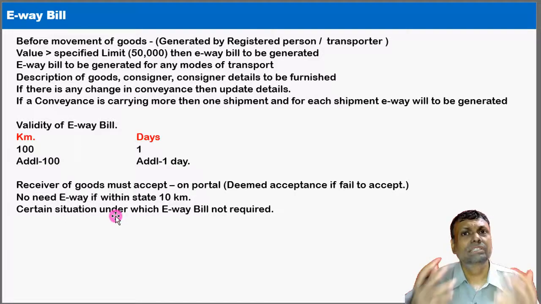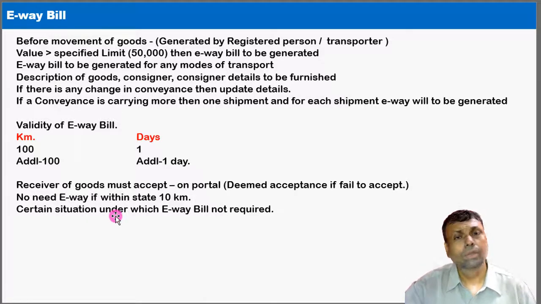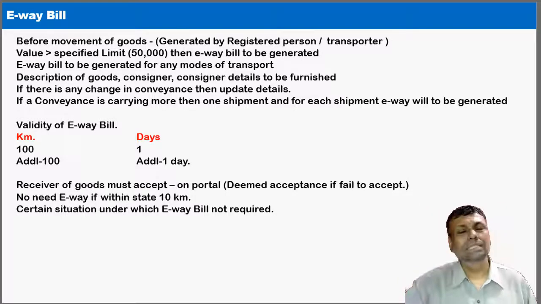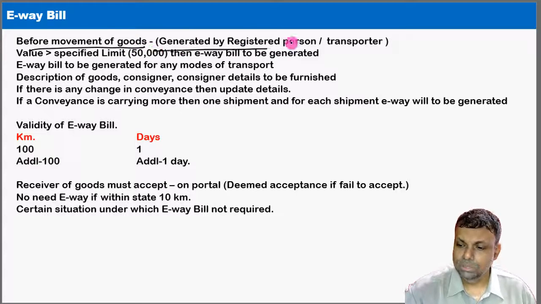However, we as Indians have also thought about it, but the actual implementation will take a little time on that front. But the law has already made all these provisions. Now, the e-way bill, basically the transporter's bill, has to be generated before the movement of the goods